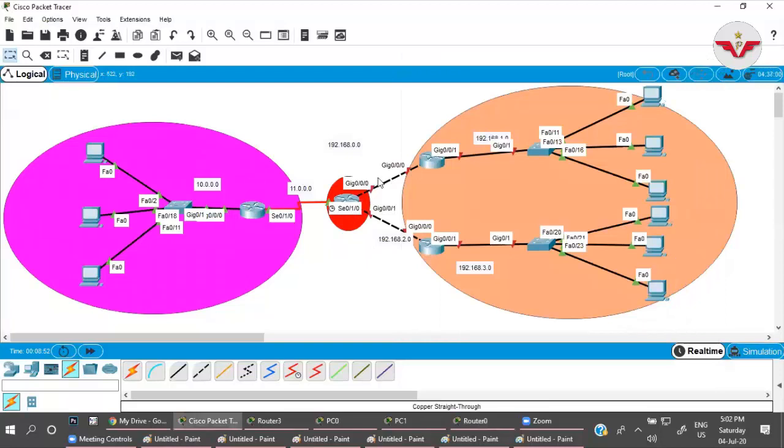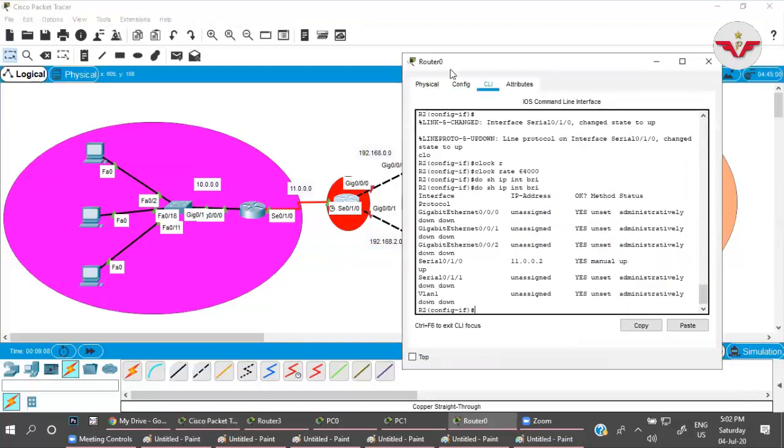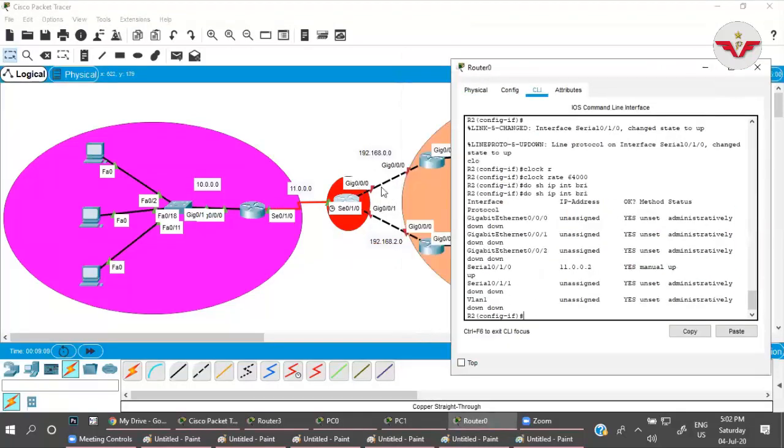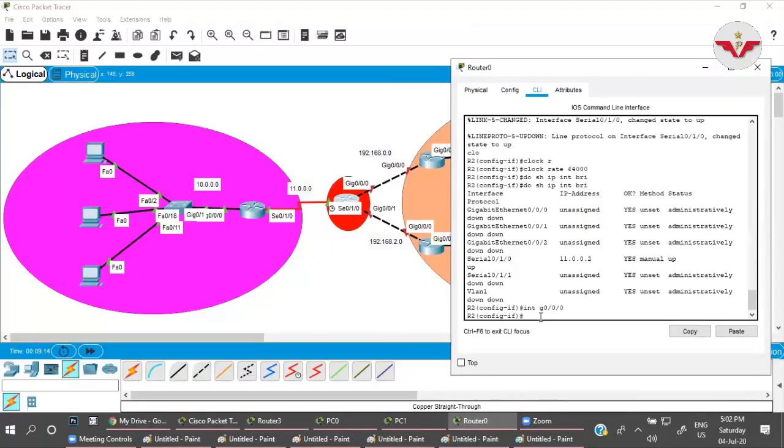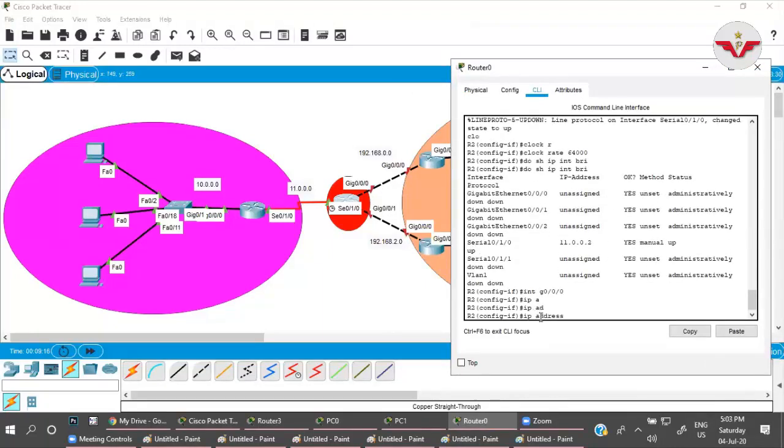Now this end. We have 192.168.0.0, 1.0, 3.0, and here we have 2.0. Right. Now let me go to interface G0/0/0, IP address 192.168.0.1.